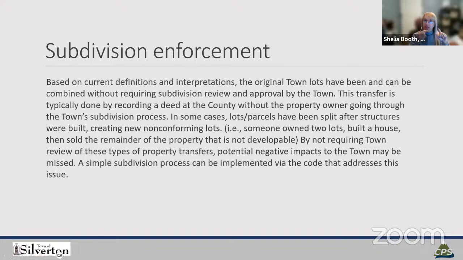Can I interrupt real quick? Yeah. But I feel like 90% of the homes in Silverton that are on 50 by 100 foot lots were never subdivided and have that lot line, and it doesn't seem like a problem. I don't see what she's talking about here. Yeah, so the Wyman, for example, or even Town Hall, or my house. 4 lots, for example. So we've got multiple lot lines running through Town Hall. How does that create a problem for the town, in getting a loan in the future or anything else?